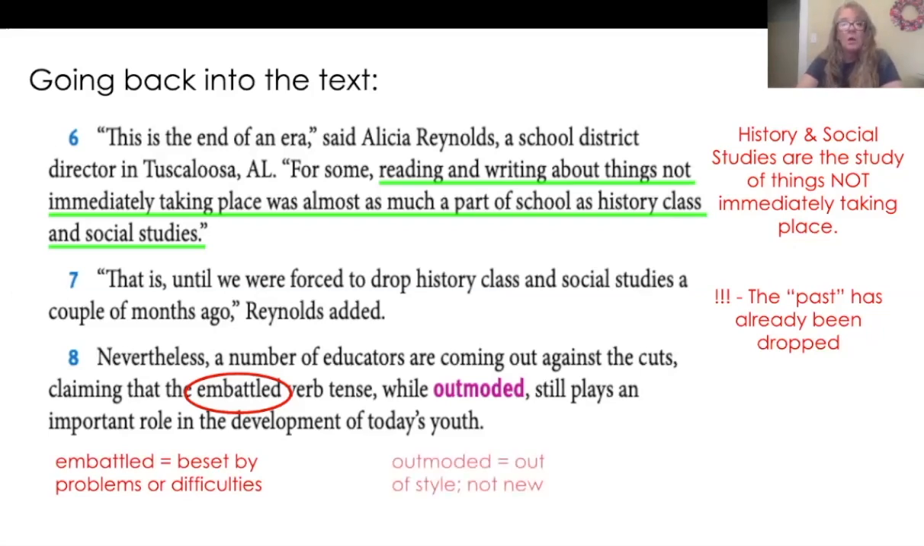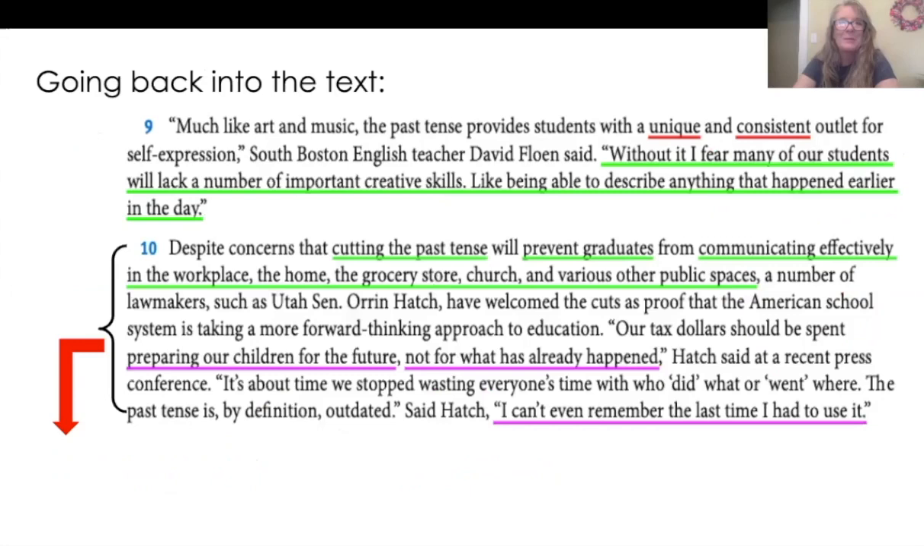while outmoded, and outmoded means it's out of style and it's not new. Oh, could it be the past? Okay, do we see how this is continuing to showcase here? The past is being made fun of, right, in very different ways. So paragraph 9, I've got some couple words there. We'll talk about going back and looking at